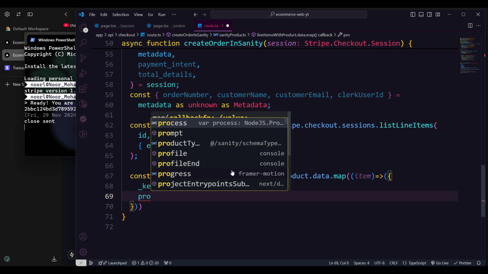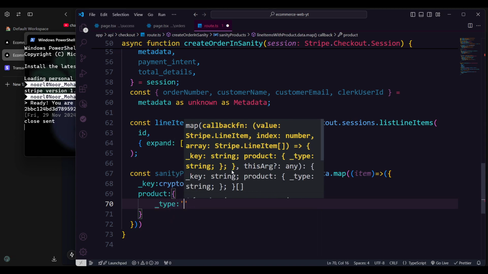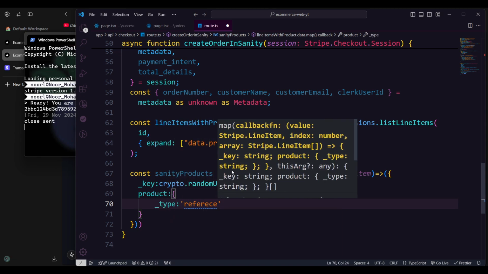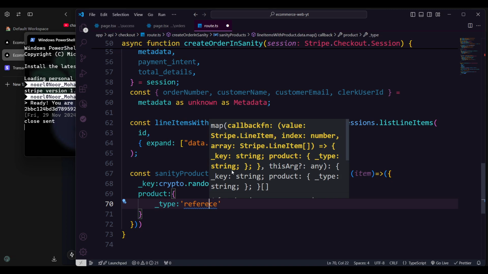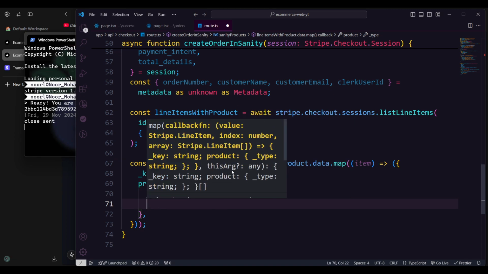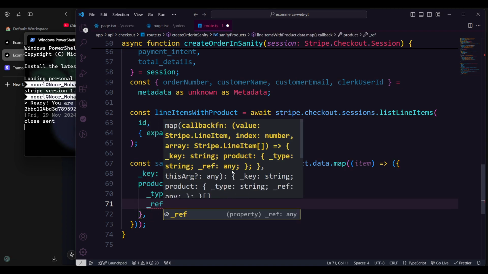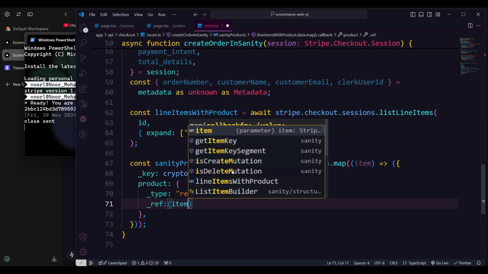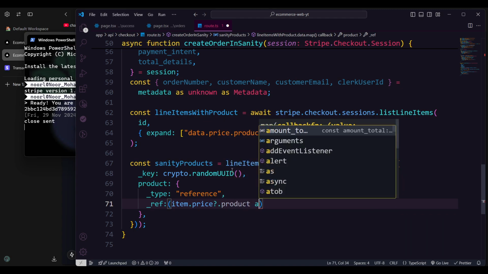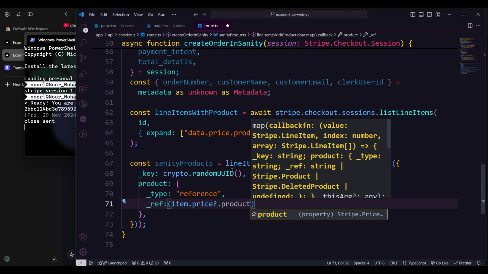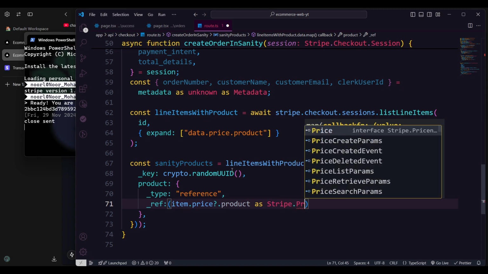So should be a product, and we need to pass a type which is going to get a reference, reference, I think we're missing an N, and the ref type would be reference, and the underscore ref, we need to pass the ref should be item dot price dot product, as Stripe dot product,